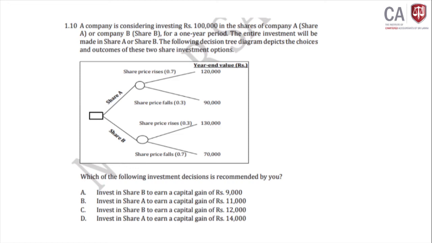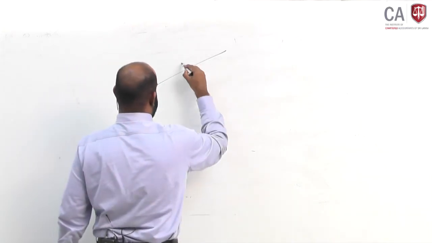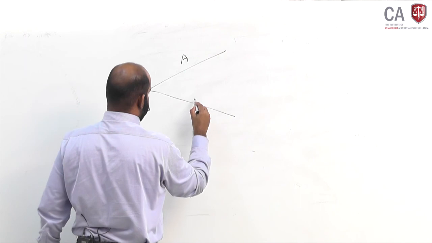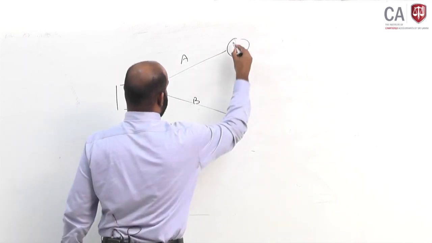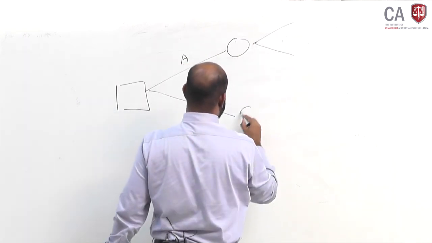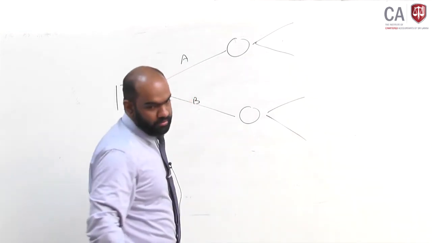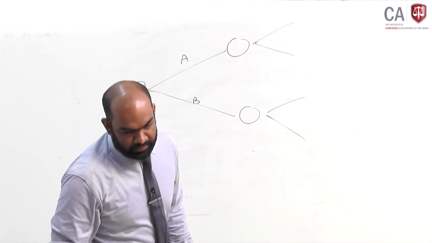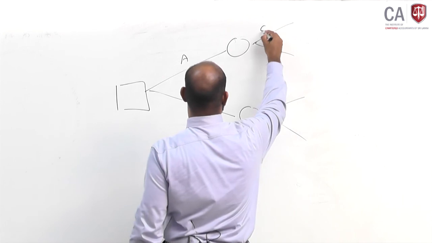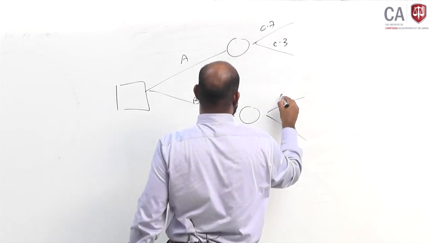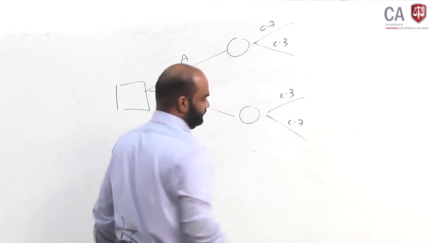Decision trees should be read from right to left. So you have the decision box: you invest in A or you invest in B, followed by 2 circles. The probabilities are 0.7 and 0.3, 0.3 and 0.7,